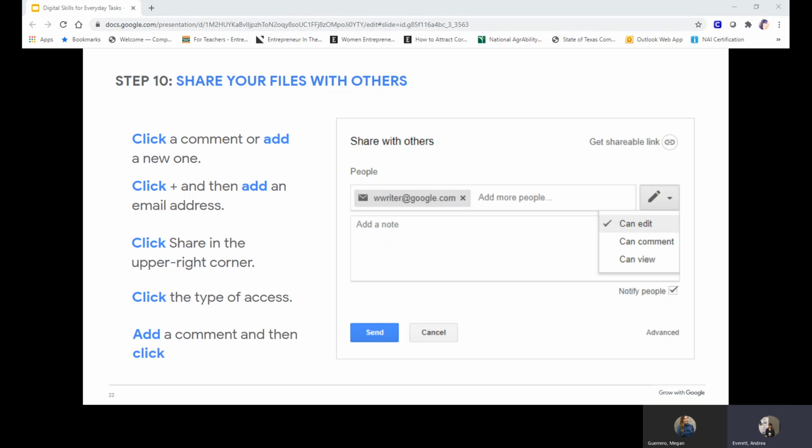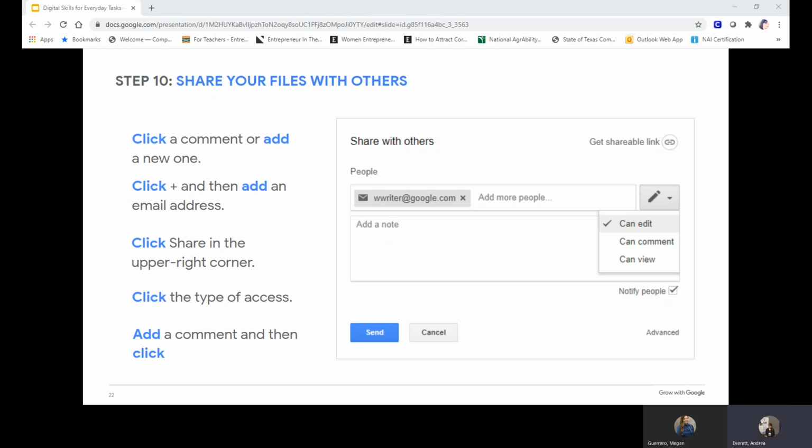You can choose which documents you share with which people, and you can control how much access they have. By controlling the sharing settings, you can give different members of your team access to the documents they need. If you added someone to a comment, you may have already been prompted to give them access to it. Another way to grant access is to share the document with someone directly. So you want to select Share in the upper right corner. Then you're going to type that person's email address in the box. If you want to try it out today, you can use your own email address to practice.